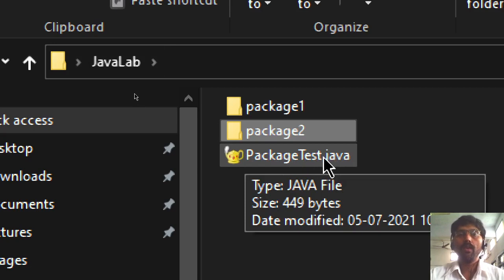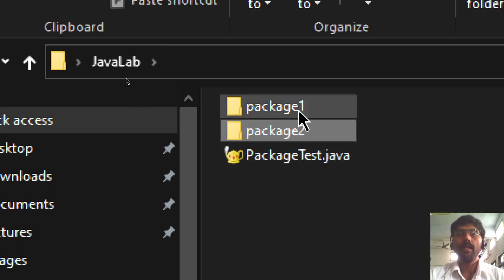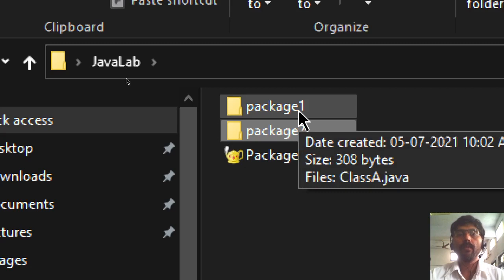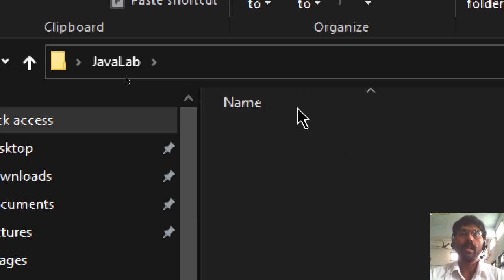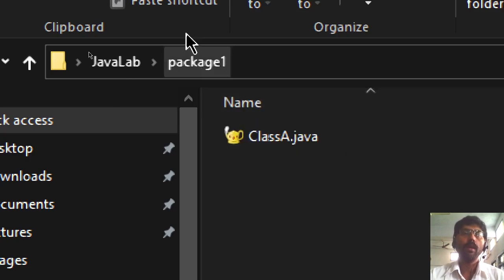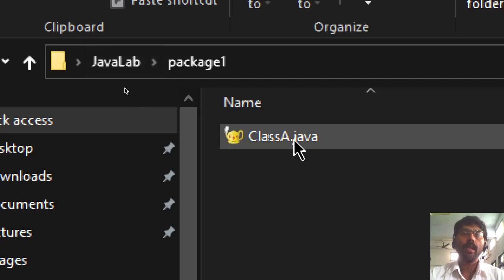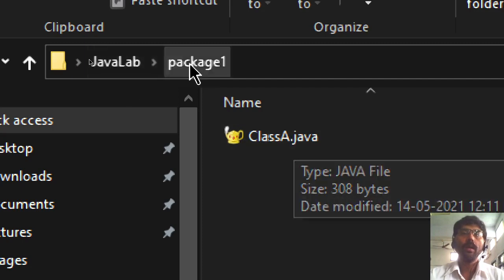In that folder, I have created a package called package1. The name given to this folder should be the same as the name given in the package. It is case sensitive. So I have created a class in the package1 folder. See here, my main class is stored in Java Lab and class A is stored in package1.